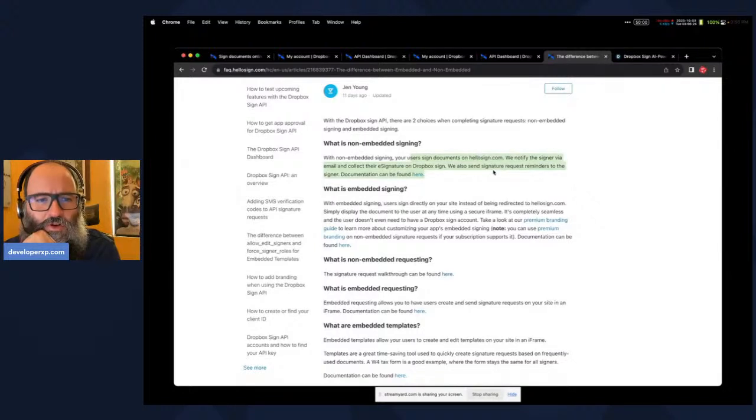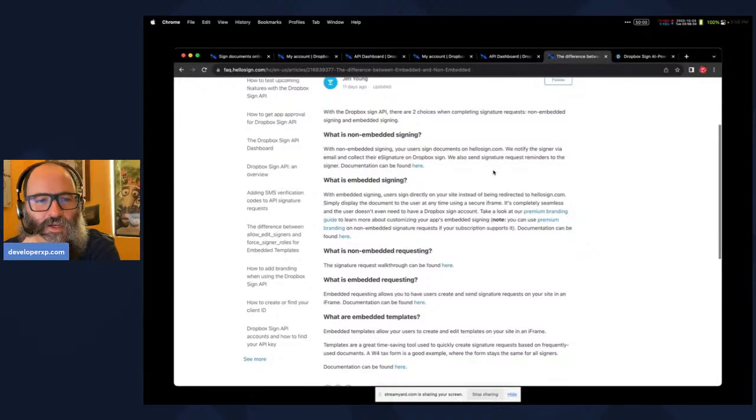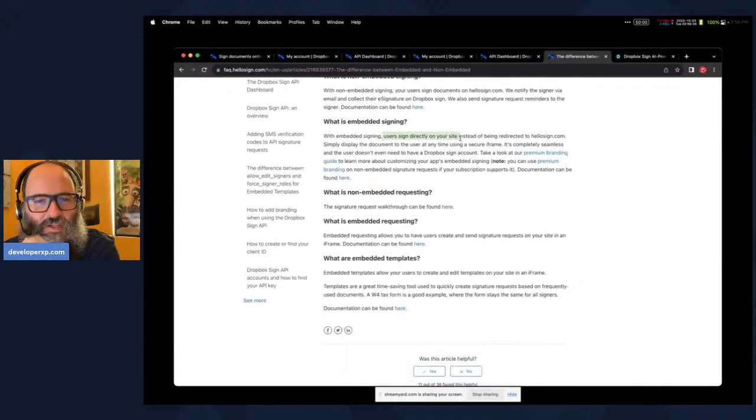Right. So non-embedded means, yeah, you sign on hellosign.com, and it all is sort of done via email. Embedded signing, it's directly on my site instead of being redirected. Display the document to the user at any time using a secure iframe. And I think this is an important distinction, because this is more what I had in mind,